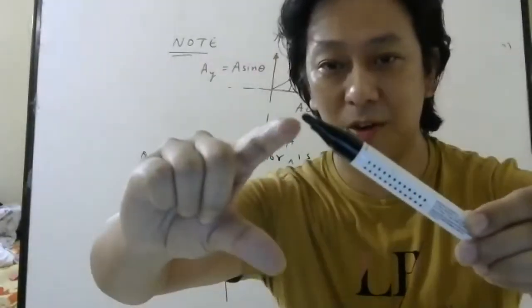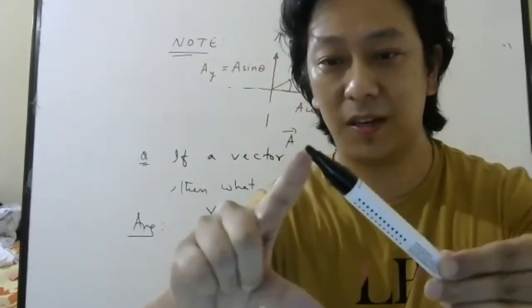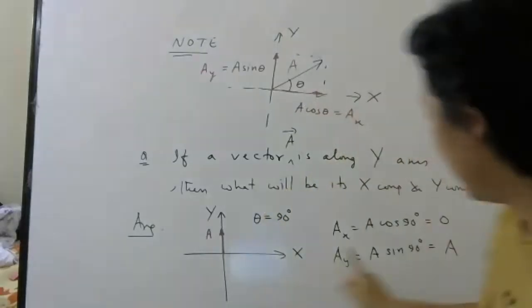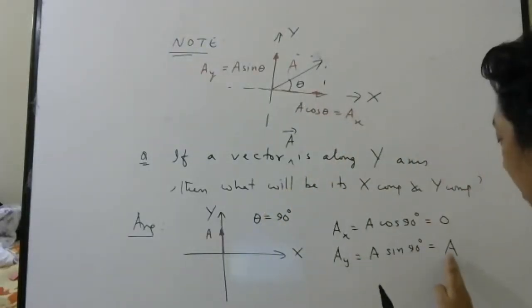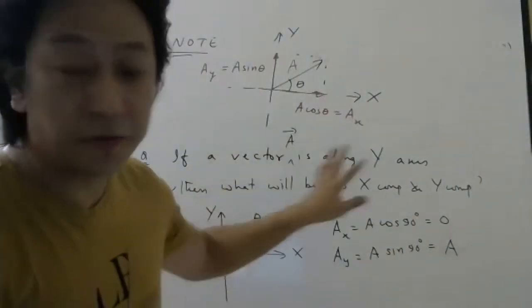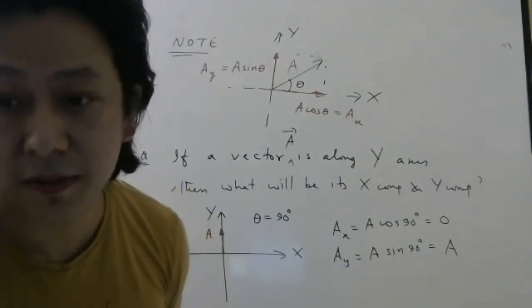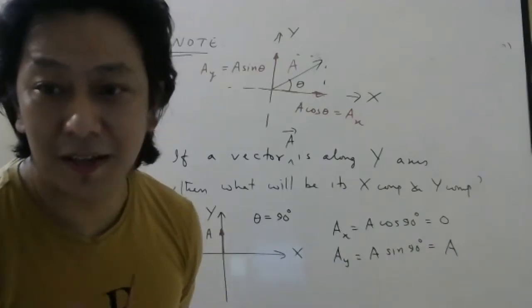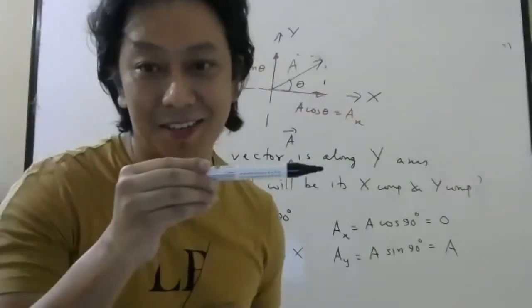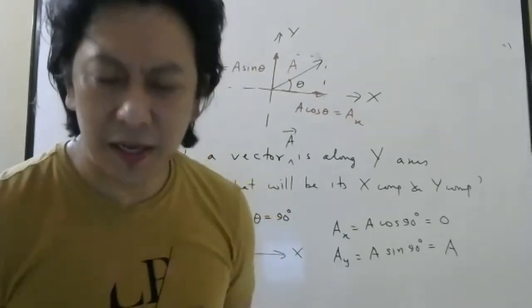Similarly, this is your y component. See what happens to the y component? It increases. And when it becomes like this, the whole vector becomes the y component. Keep this in mind. Same thing you can try for if a vector is along x-axis. So now if a vector is along x-axis, what will be its y component? 0.